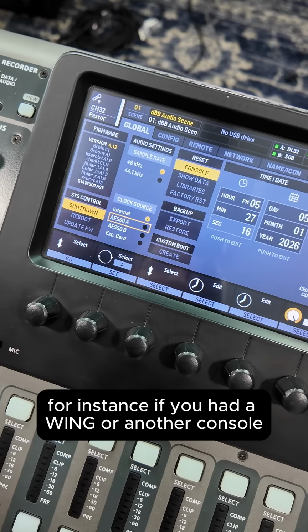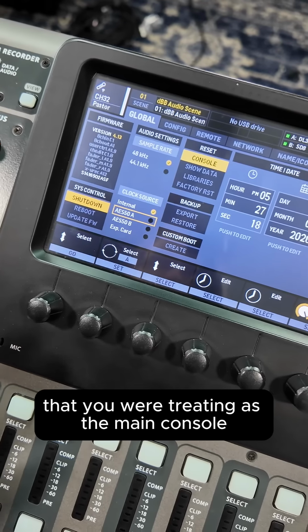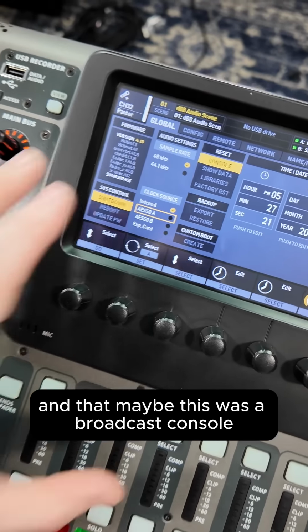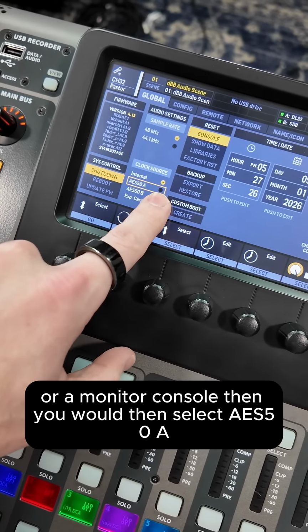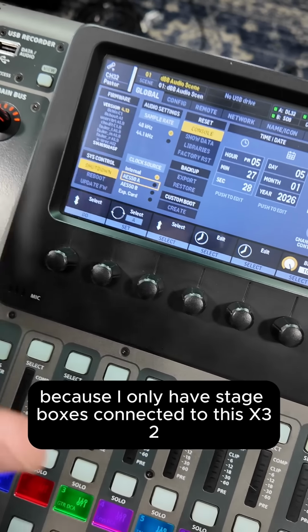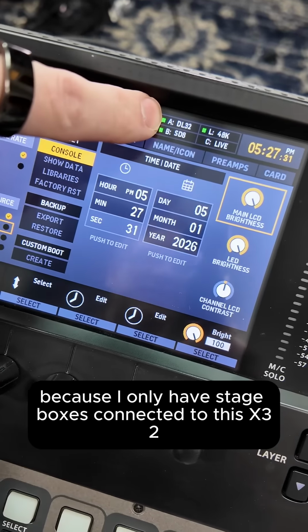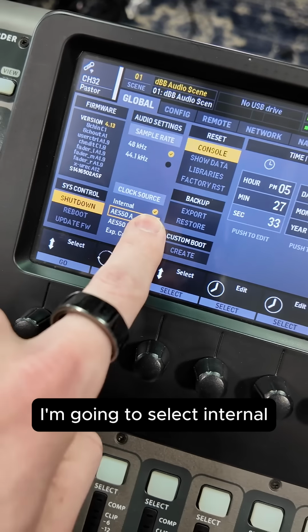So for instance, if you had a Wing or another console that you were treating as the main console, and then maybe this was a broadcast console or a monitor console, then you would select AES50 A. But in this case, because I only have stage boxes connected to this X32, I'm going to select internal,